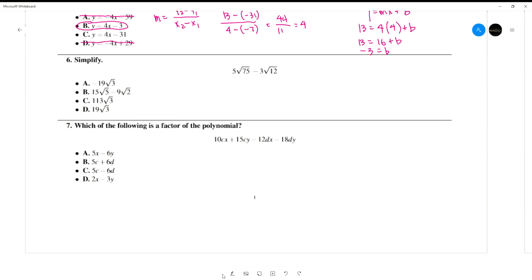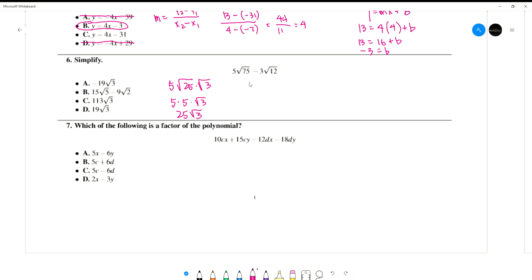Okay, the last two on the page. Simplify the radical. This, I would recommend just typing it into your calculator, and of course, knowing it by hand is important, especially for those going to Math 6. So for 5 radical 75, that's 5 times radical 25 times radical 3, right? So this is 5 times 5 radical 3, which is 25 radical 3,